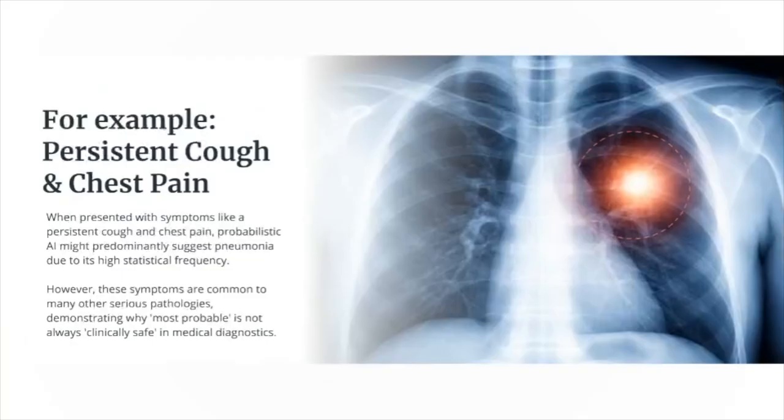Take a simple scenario. A patient presents with persistent cough and chest pain. A probabilistic chatbot will often respond with pneumonia because in its training data, that association appears more frequently. But clinically, these symptoms could also indicate pulmonary embolism, lung cancer, tuberculosis, heart failure, or even non-respiratory causes. A human clinician understands that the most common diagnosis is not always the most urgent or the most dangerous. A probabilistic model, however, collapses this complexity into a single output. In medicine, a common diagnosis is not inherently the correct one, and certainly not always the safest.